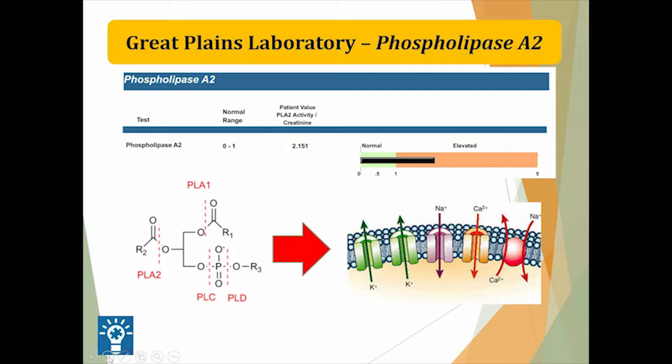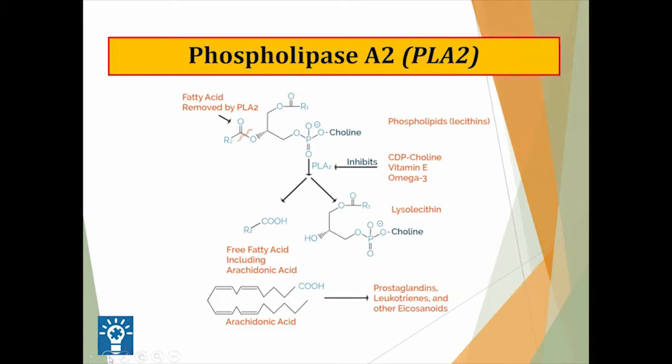This is a urine profile that I recommend doing when you're doing an organic acids test, because it is an indicator of inflammation when phospholipase A2 levels are high. Now, omega-3 fatty acids and vitamin E are known to inhibit phospholipase A2 levels. This particular chemical, though, when seen elevated, is real problematic, because it's showing you that there is some type of systemic inflammatory problem that has the potential of affecting brain and nervous system function, as well as other cells in